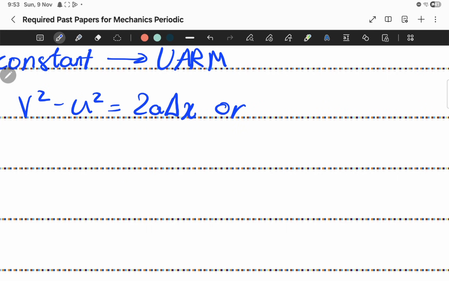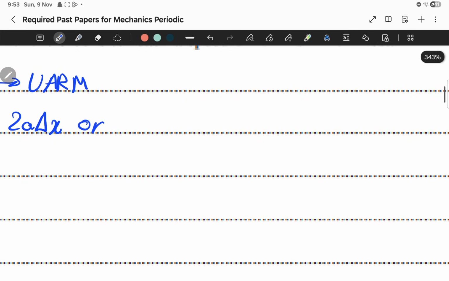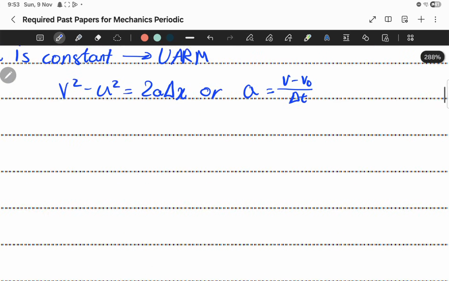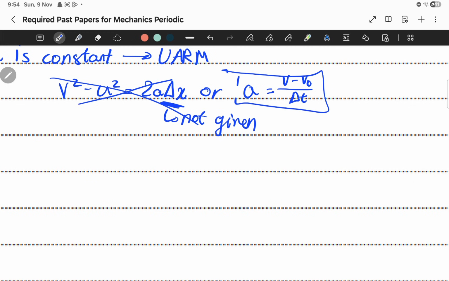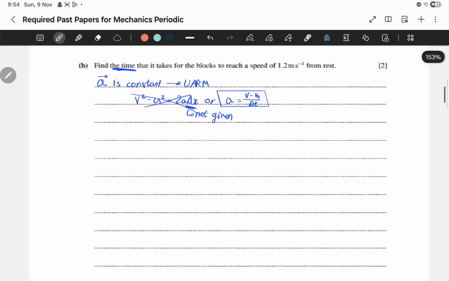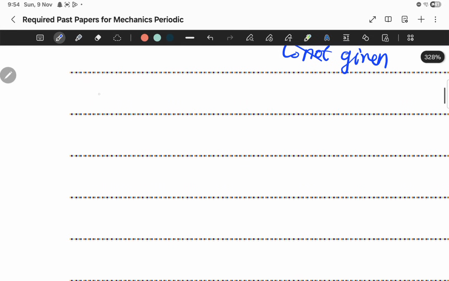or we can use the simplest thing: a is equal to v minus v0 over delta t. Again, we don't have distance, it's not given. So what can we do? We cannot use that one, we're going to use this one. Okay, I don't know why I drew it like that. So we have acceleration. To rearrange, you get time is equal to delta v over a, which is equal to